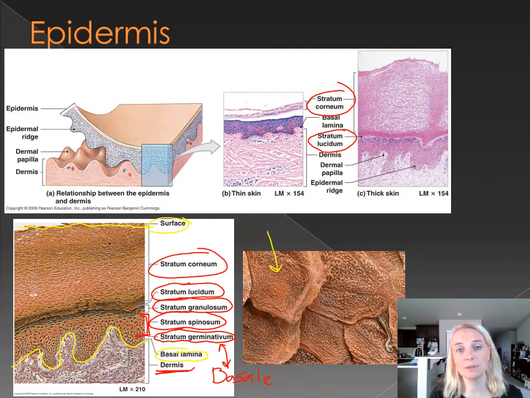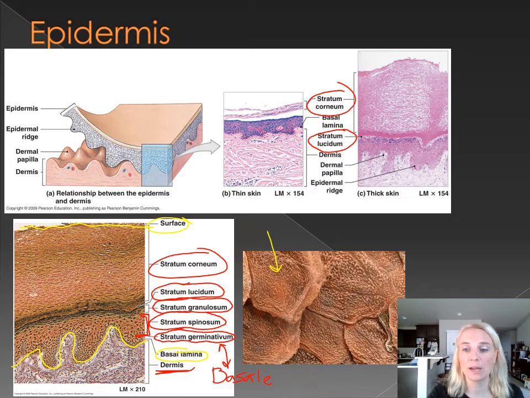By the time the cells have made it to the stratum corneum, they're totally dead, they're totally dehydrated, but they're packed full of keratin. They're held tightly, very close to each other with those desmosomes, those button desmosomes from cell to cell. And so this is a nice thick layer of dead keratinized cells to give you that protection that you need. So you're going to find stratum corneum on all parts of your cutaneous membrane, but take a look